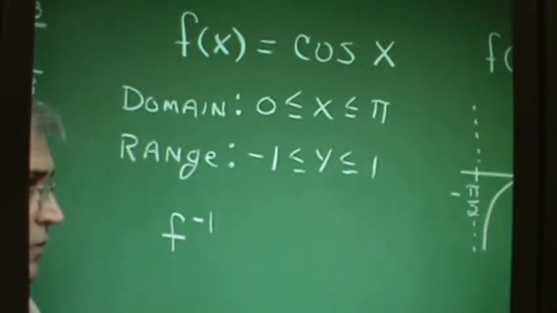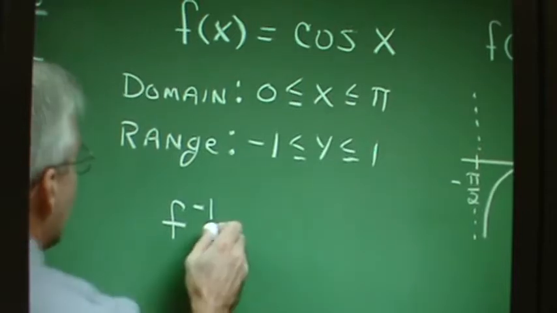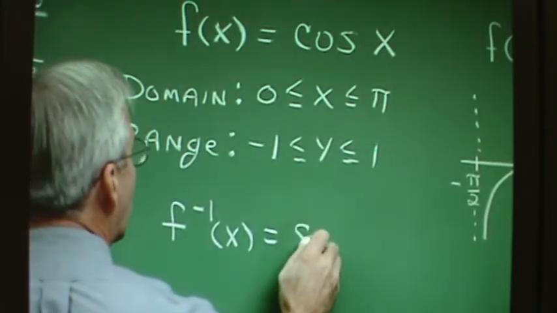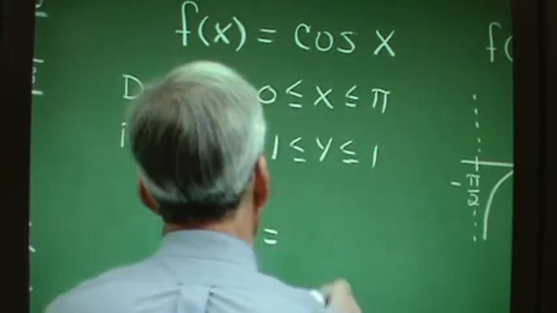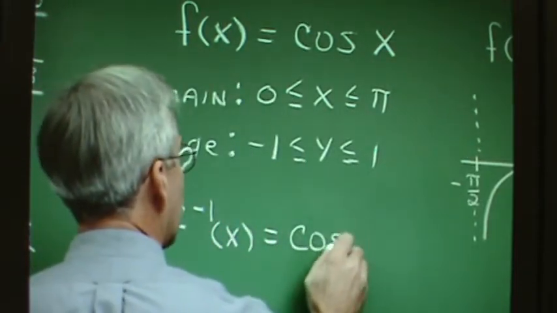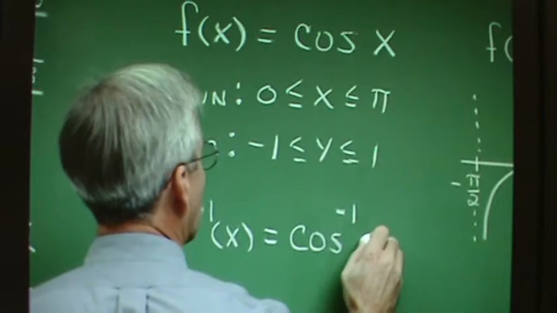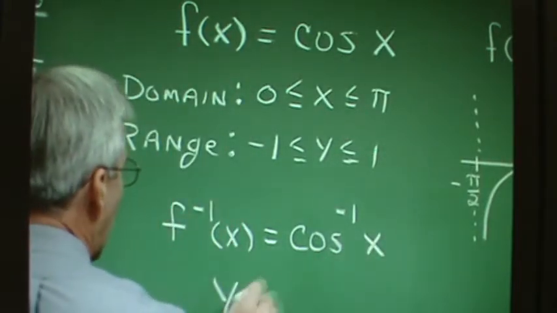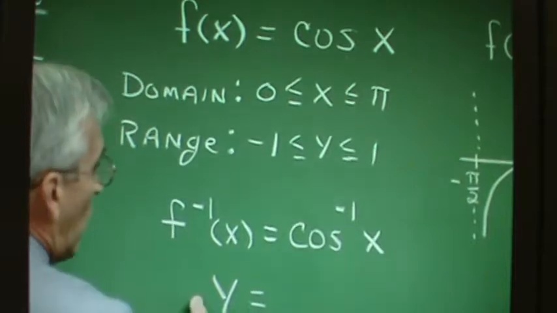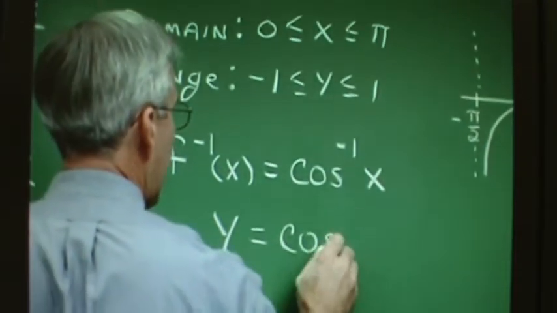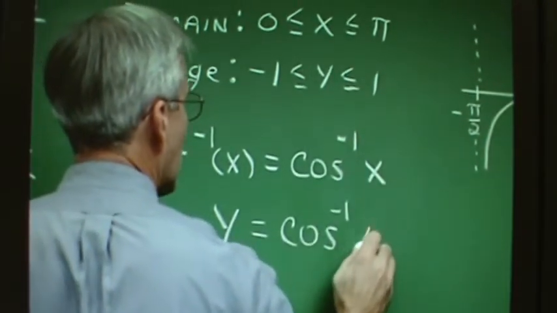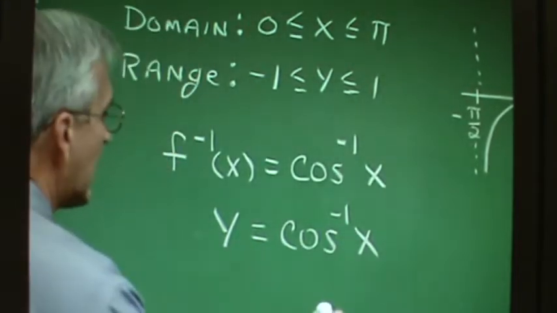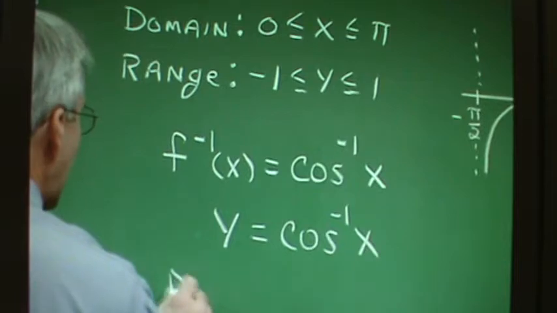I didn't use it over there for sine, but I certainly could use it: f inverse of x is equal to inverse cosine of x. You see, it's like that, and a very customary and workable way to write it is simply that y equals inverse cosine of x. All right, here's the important thing, though, in terms of calculation: the domain